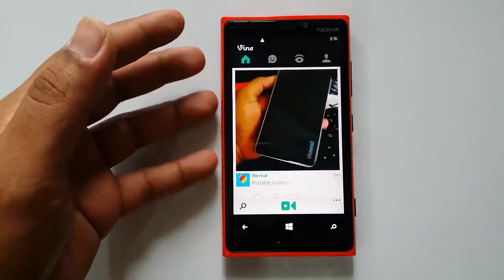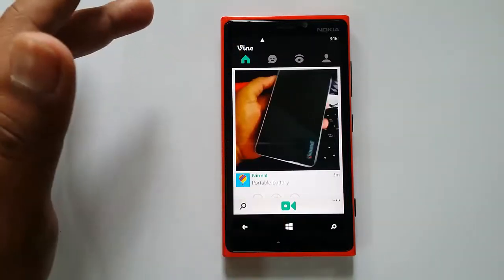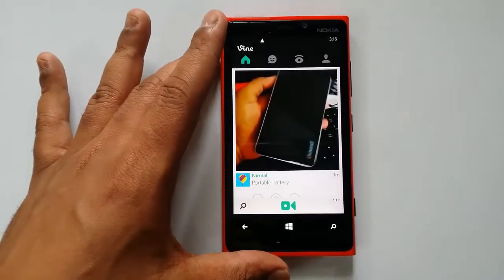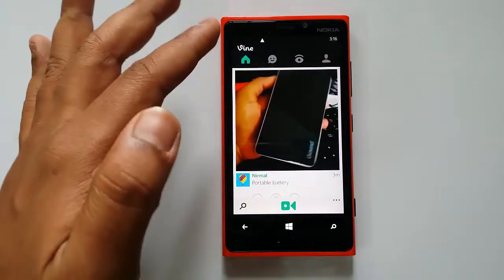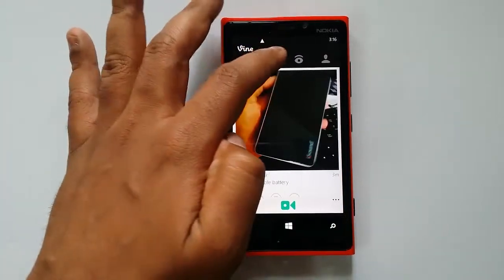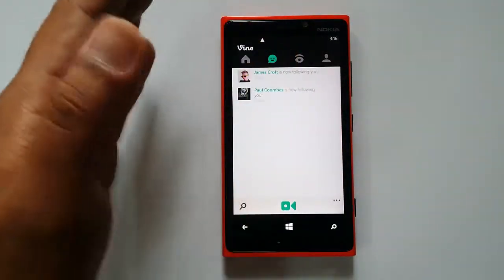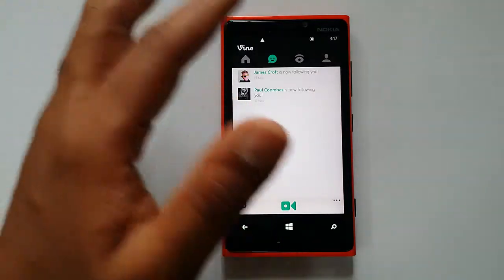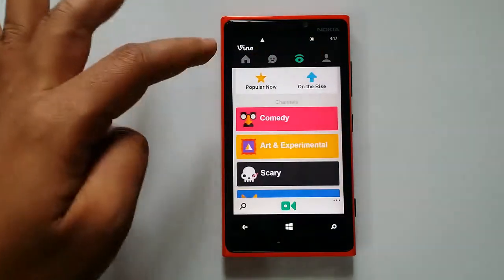The first button is the home button, where you can view the timeline of your friends, so that you can see the activity from your friends, the videos they have shared on Vine. So that is available on the home screen. Then you have the activity tab, where you can see the activity on your account, that is the people who have followed, comments, likes, etc. Then you have the explore option.